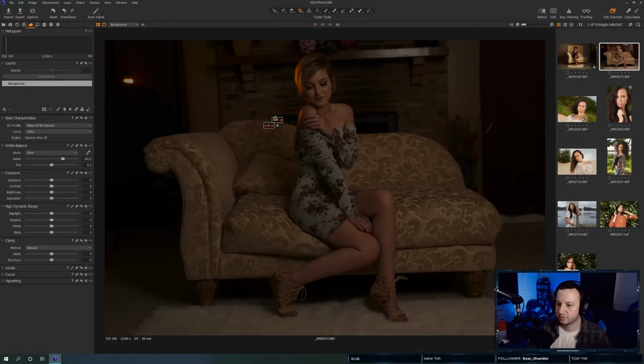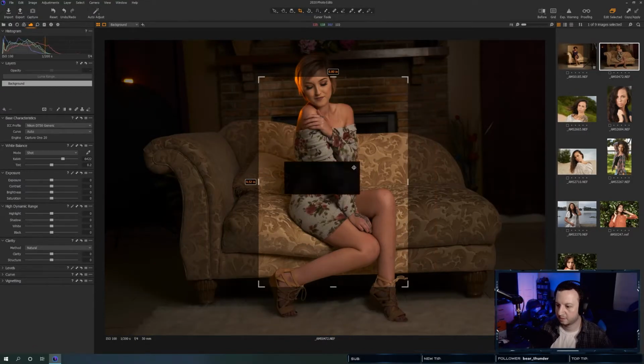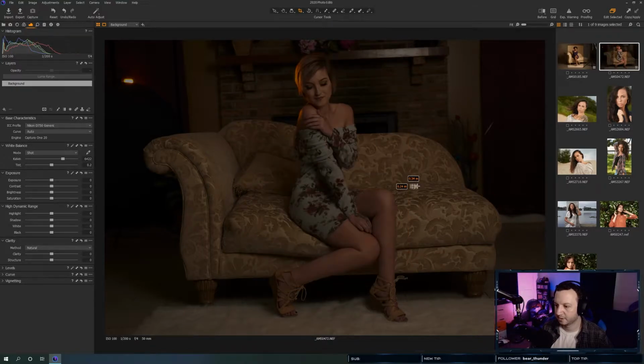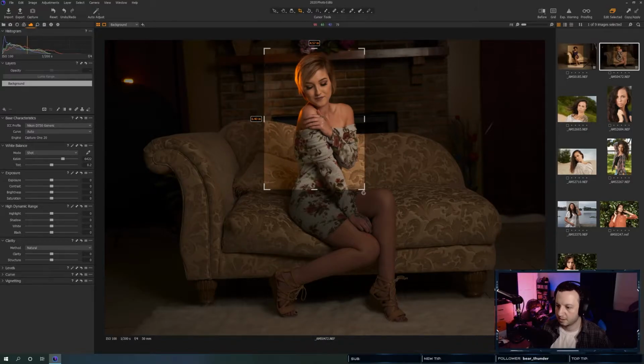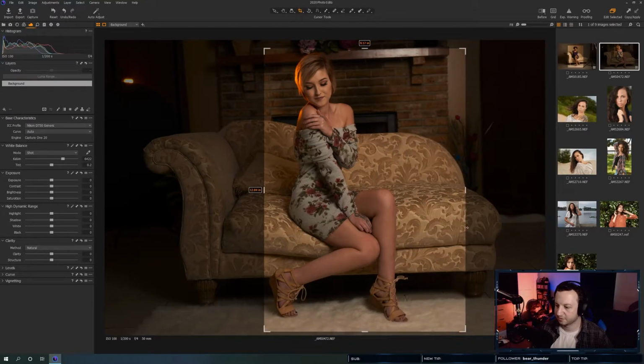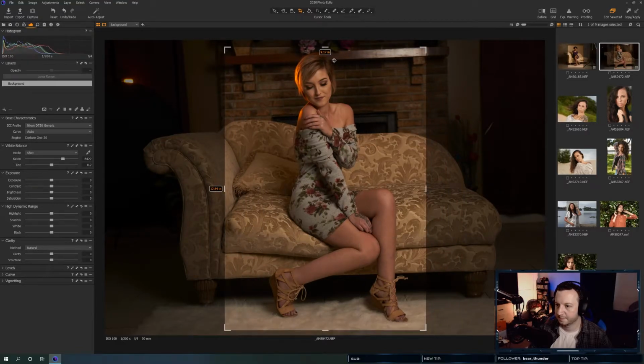And we can see which one of these we want to work on. So if we constrain that to a 5x7, which it is. I'm still getting a little used to Capture One, so it's gonna take a minute. And the bad thing is I've been using this program for a while now.